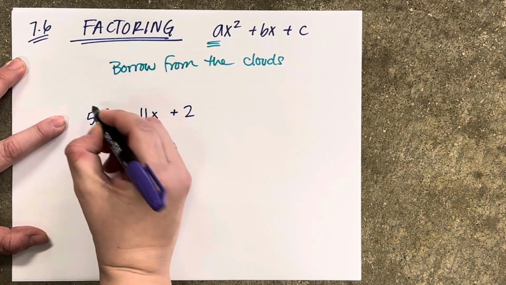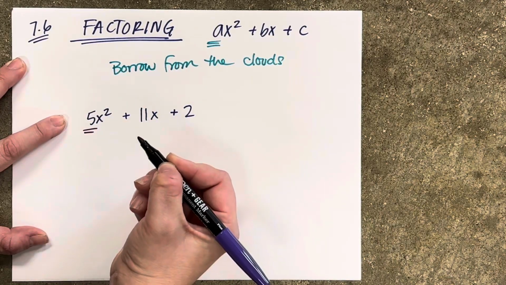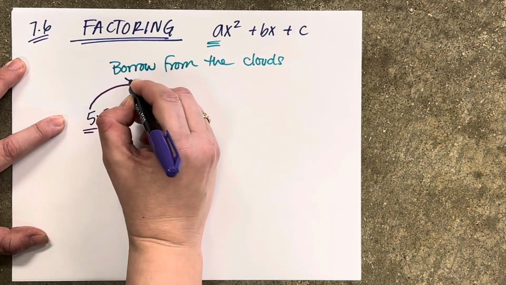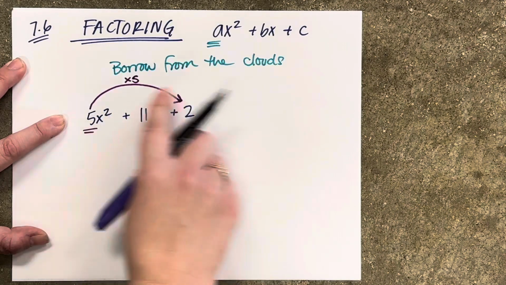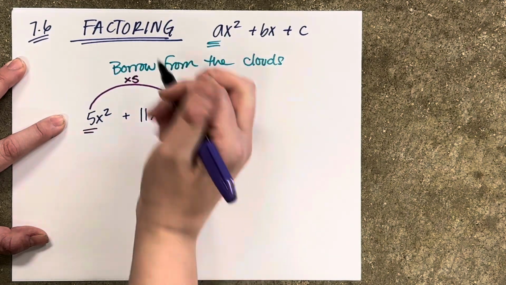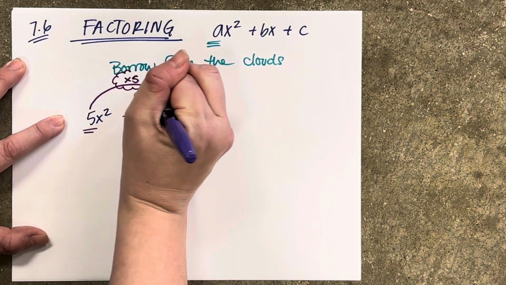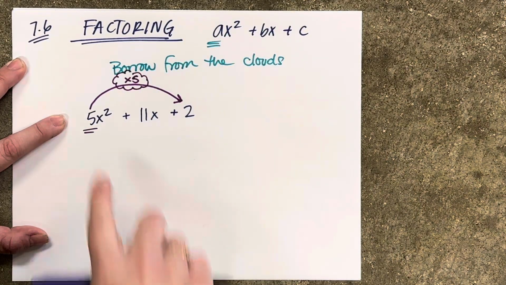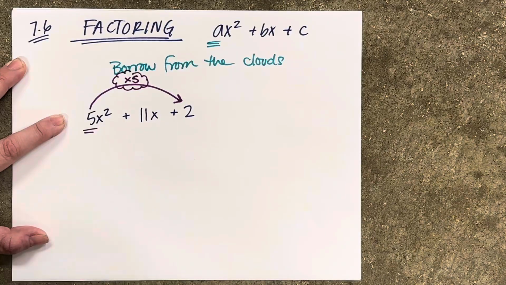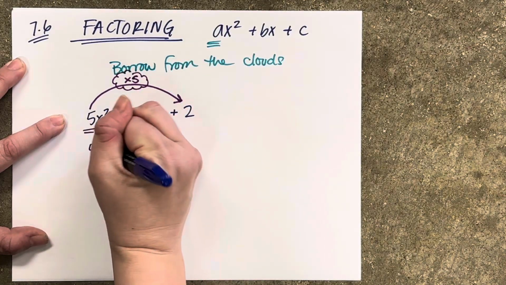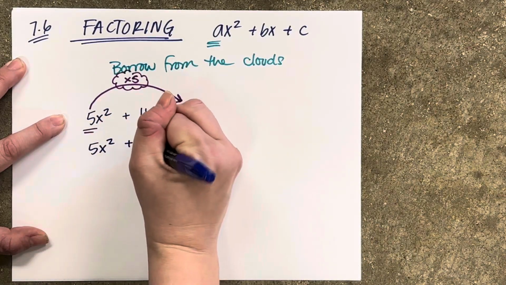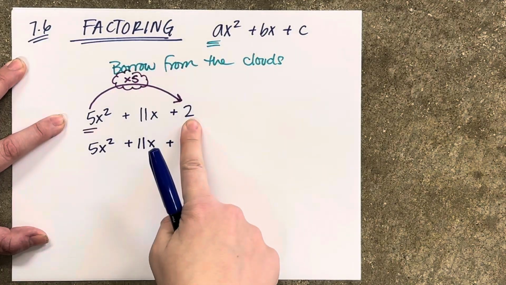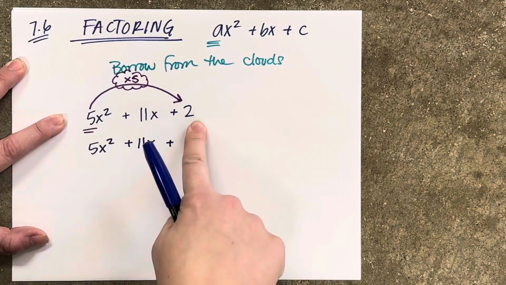You're gonna take your 5, whatever this number is in front of your x squared, and you're gonna multiply it by whatever your c is, okay? So this is where we're borrowing. We're borrowing from the clouds. We're borrowing the times 5 from the cloud. And we're gonna replace our c, okay? So I'm replacing it. I'm going 5x squared, nothing changed there, plus 11x, nothing changed there. But now I'm replacing my c. 5 times 2, okay,